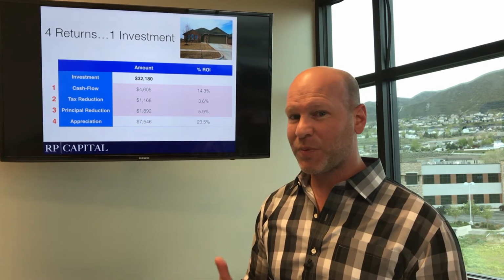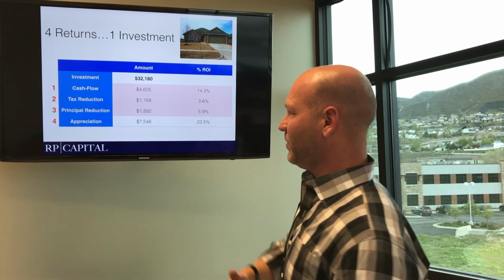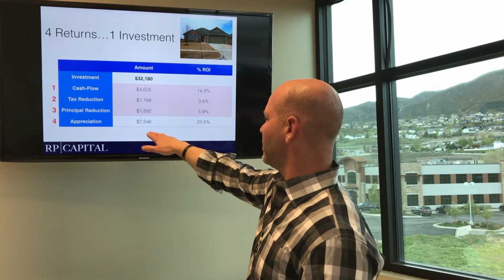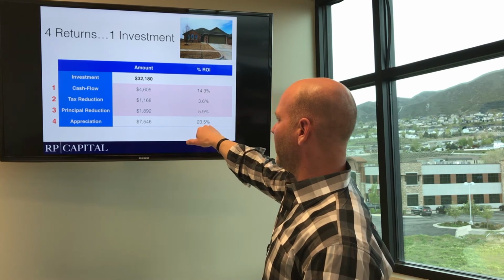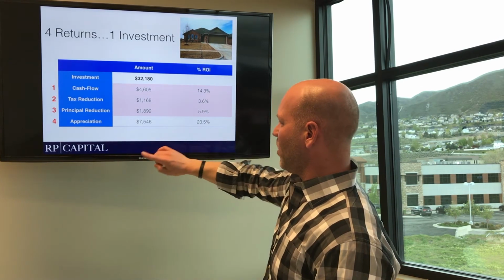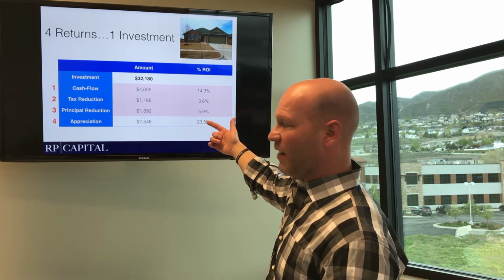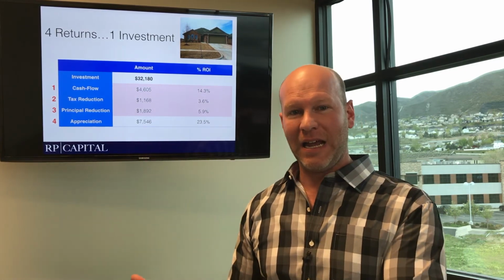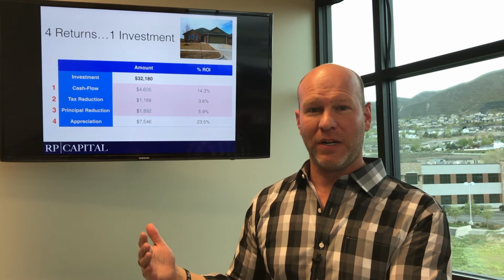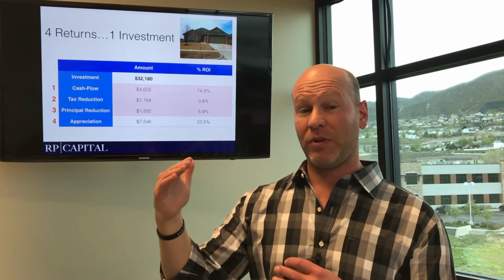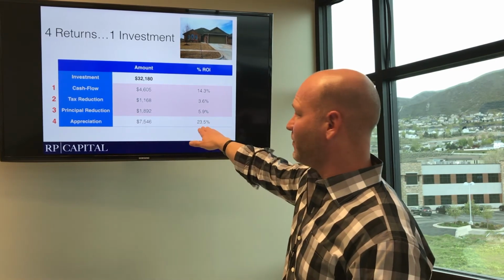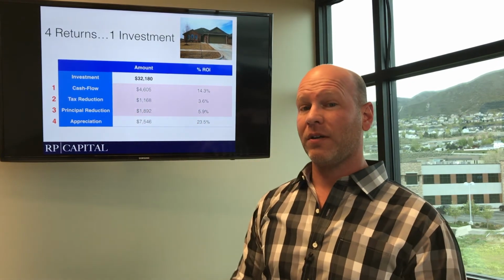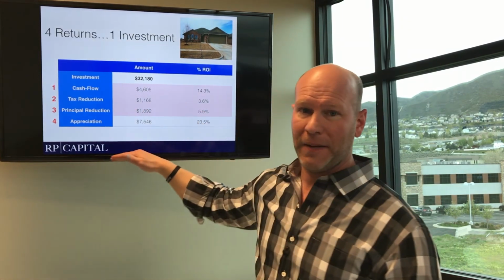Now, that's pretty cool. I think we used 5% appreciation on this one, and 5% gives you a 23.5% return. But even 1% gives you another 4 to 4.5%. 2% is going to give you 8 to 9, and you can see how this works, right? You don't have to have a huge appreciation to get a massive return because you're leveraged into this property. And that works on every single one of these.